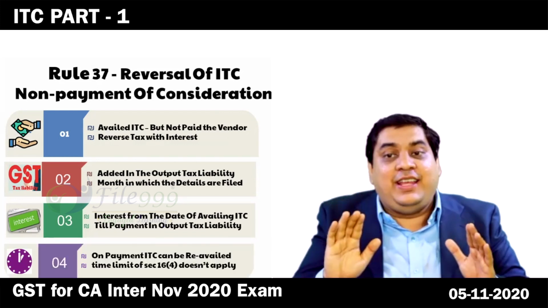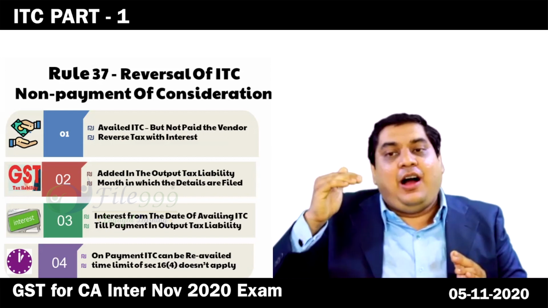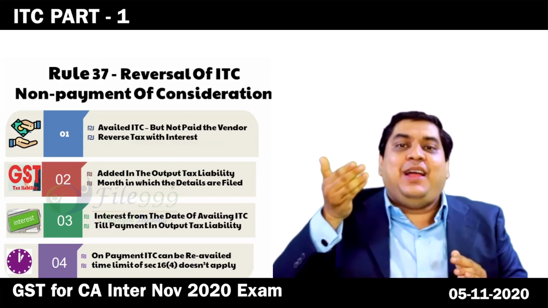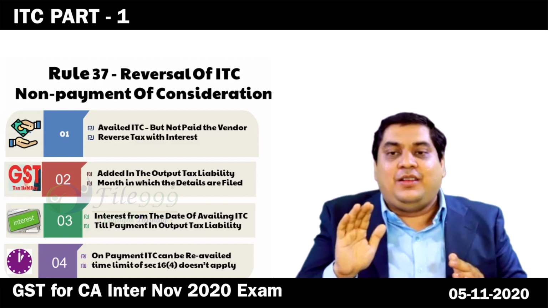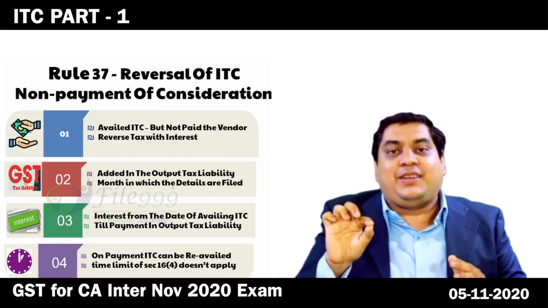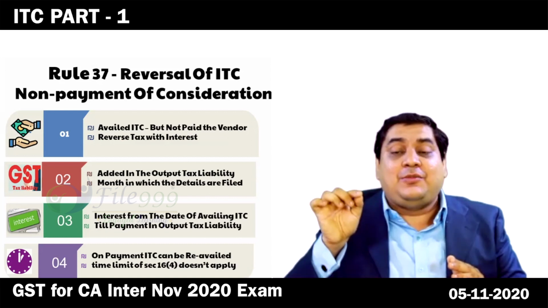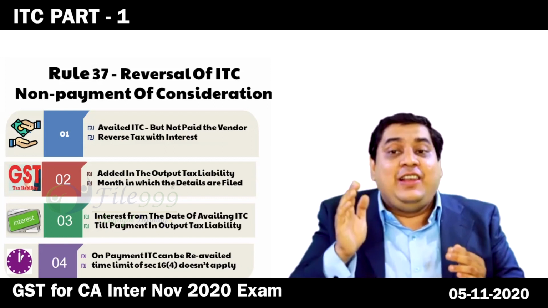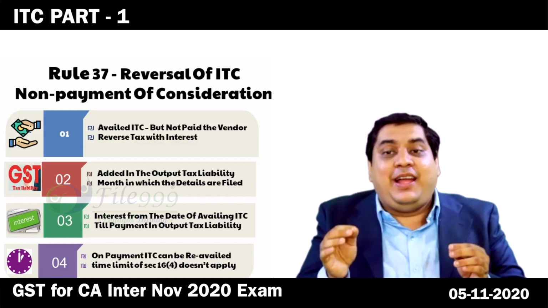However, if the assessee pays his supplier after 180 days, then after making the payment to his supplier, he can reclaim the ITC credit which he had reversed. This is one good part of the GST. And here another part is the time limit that we specified, that is end of 6 months from the financial year or filing of annual return, whichever is earlier, will not apply for this particular clause of reclaiming ITC